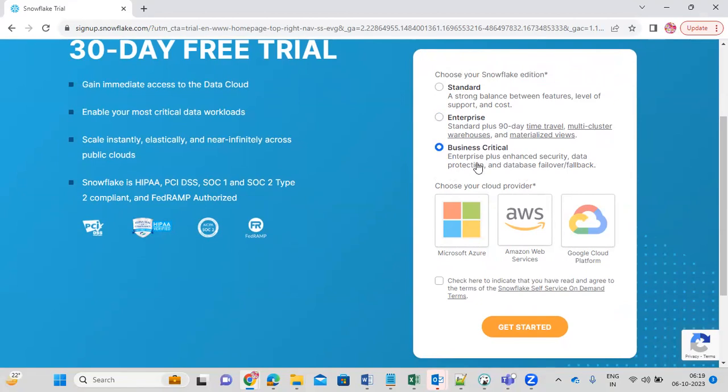Here select this Business Critical edition. In your organization, in the projects also, you will be having the Business Critical edition only. Fine. These are the different editions. You need to select this Business Critical edition. Then choose your Snowflake edition, and then choose your